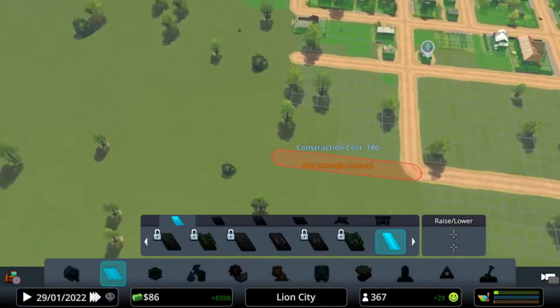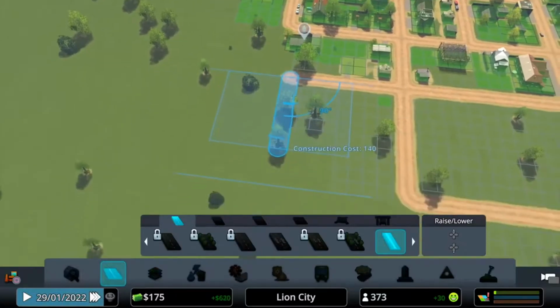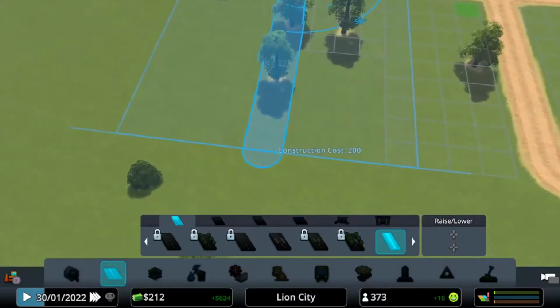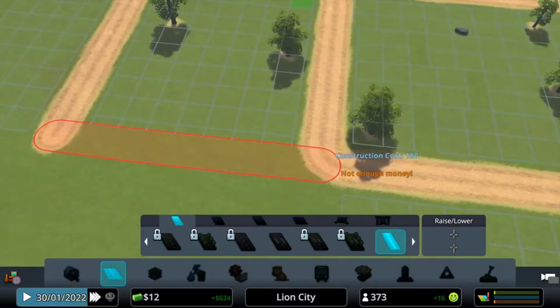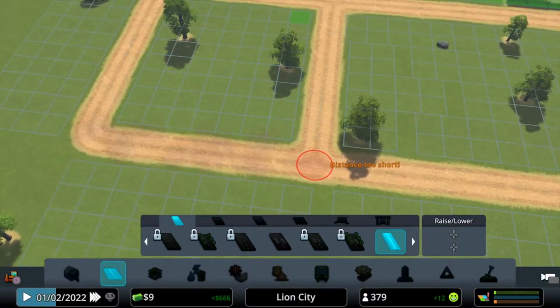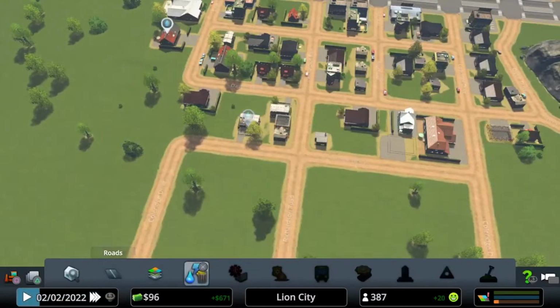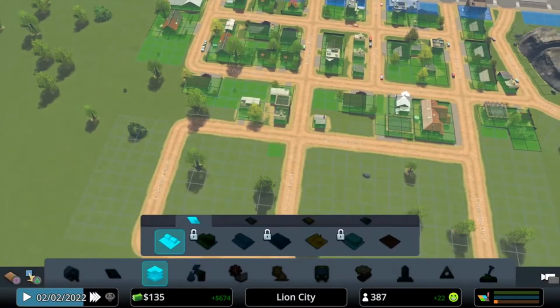Happy days. Line up a bit more. There we go. Just keep on going up, money. You're doing very good. And I see now we're making 660 bucks a week. That is going to be a good sign for us. So now if we put some more residential areas in,